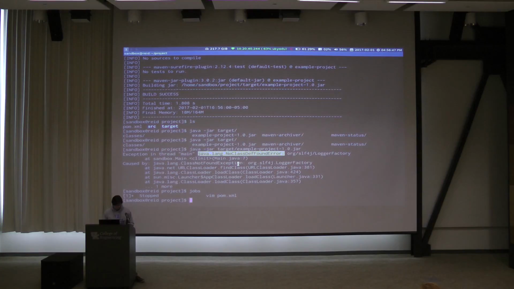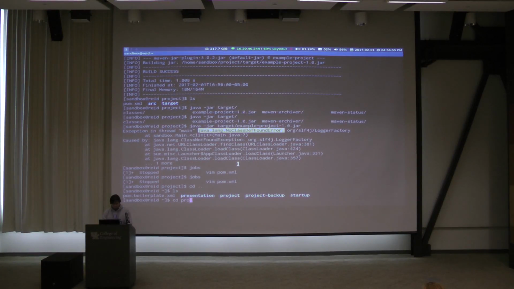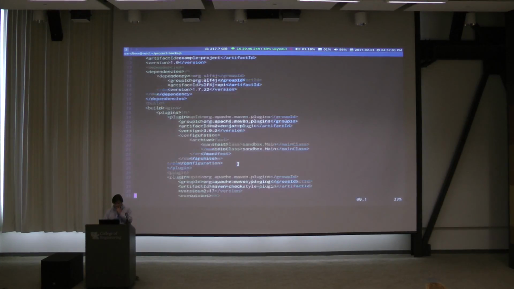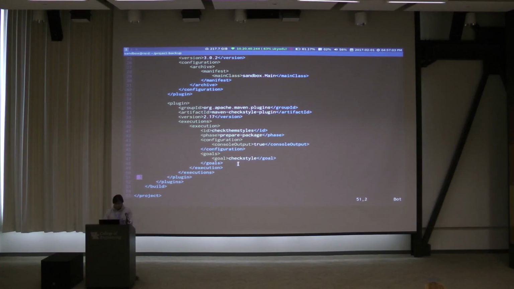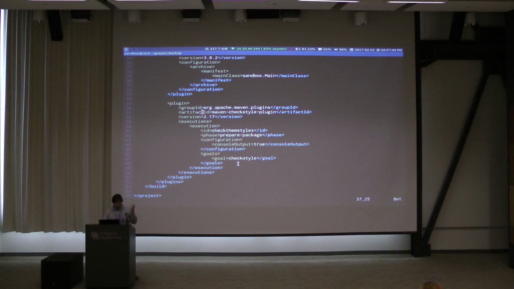The last thing I was going to show was, actually I can show it real quick because I have a backup of this project. So, what I've done here, I've called in the checkstyle plugin, and checkstyle does not get executed by default, but if you want to check your styles, this is a nice, easy way to do it.